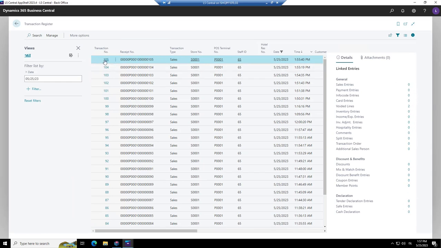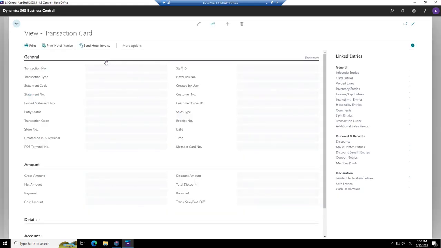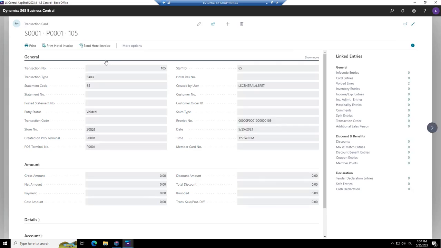We can always open the card by selecting the transaction number and get more detailed information. And here you see the information. The number of the transaction, it's been voided, it was in this store, in this terminal, and this was the staff who was doing it, and that's the user behind, the PC user.